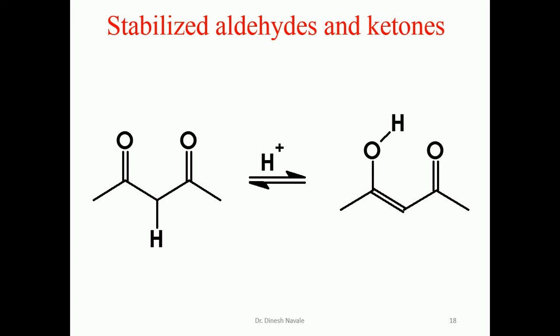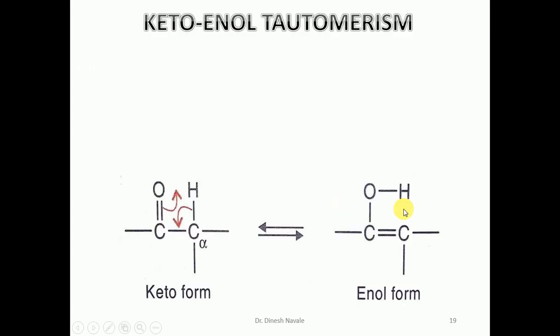Now, stabilized aldehyde and ketone. In one of the slides we have discussed, in case of the stabilized aldehyde and ketone, this is the dicarbonyl compound. This alpha hydrogen atom for this carbonyl, as well as for this carbonyl also, is called the active methylene group, which has been substituted on both sides by the carbonyl group, making this proton more acidic. So this alpha hydrogen atom is more acidic than this carbon's hydrogen as well as this one, making the enolization only on that carbon. So it is a beta diketone.